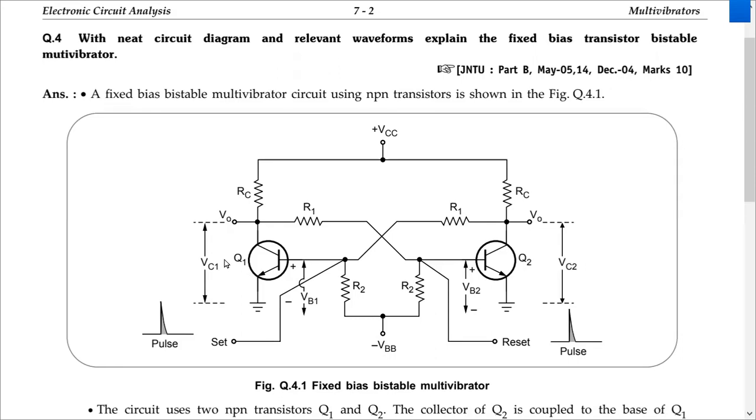Now when the switch moves towards off, what happens? The voltage here increases. The on voltage is 0, isn't it? When a switch is on, the voltage across it is 0. So if the switch is moving towards the off position, obviously the voltage will be rising. When the voltage here rises, that signal is connected to the base of Q2, so the voltage at the base of Q2 increases. It is NPN, so the P side voltage is increasing, and the transistor will further move in the on direction.